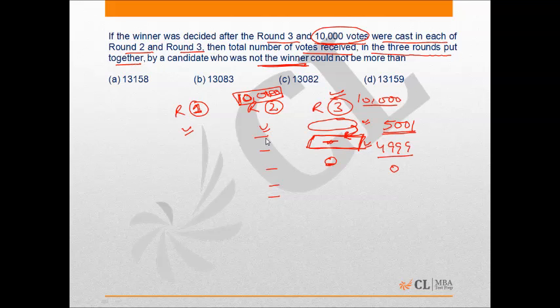So the maximum number of votes such that he is not declared a winner will be 50% of the votes, because if he received more than 50%, then he will be the winner in round 2 itself, which is not desired, because he has to lose in round 3 to the other winner. So 50% of 10,000 will be 5,000,